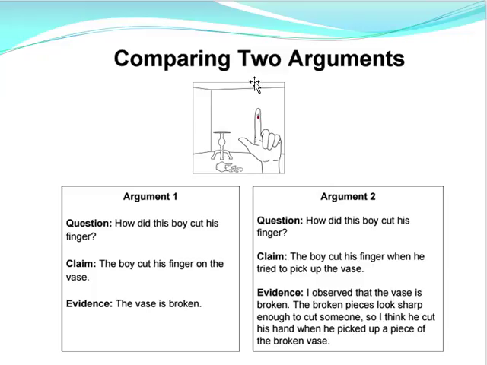So the question here was, how did this boy cut his finger? And actually, if you look at both argument 1 and 2, they both have the exact same evidence. The evidence that they used was that the vase was broken. And you can see that right here. The difference between argument 1 and 2 is that in argument 2 they used reasoning. They explained what they knew about the vase. They know that the pieces of the vase are sharp and something that sharp could cut someone. And so they're able to make a more convincing scientific argument because they explain the reason of why their evidence